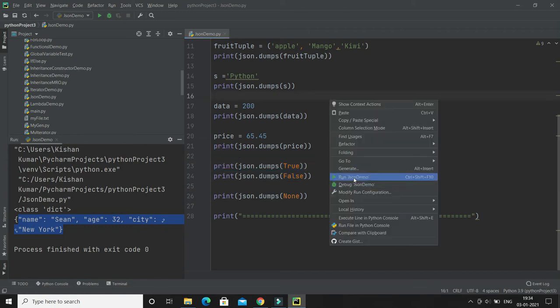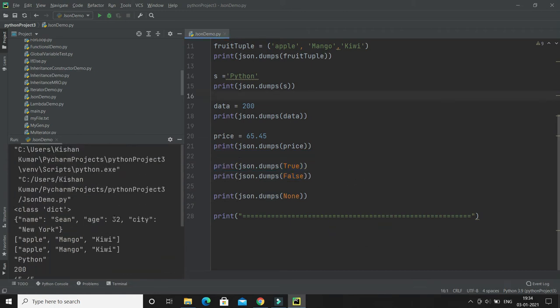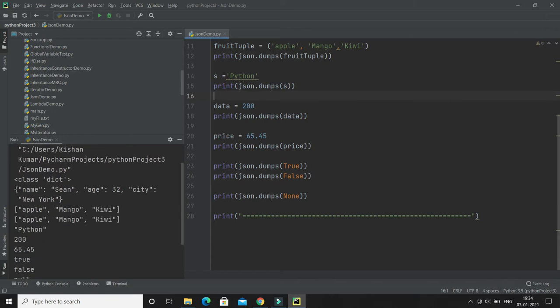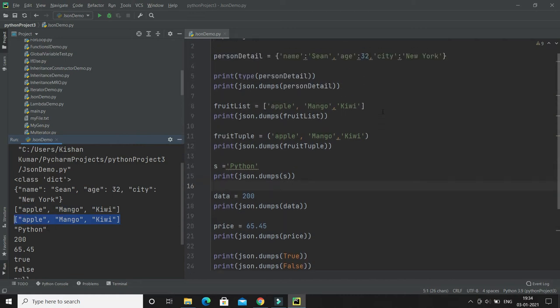Let me show you. If I run, then here you can see, already we have seen dictionary, how we can convert to the JSON. We have converted list into JSON. Okay, this is JSON, guys.